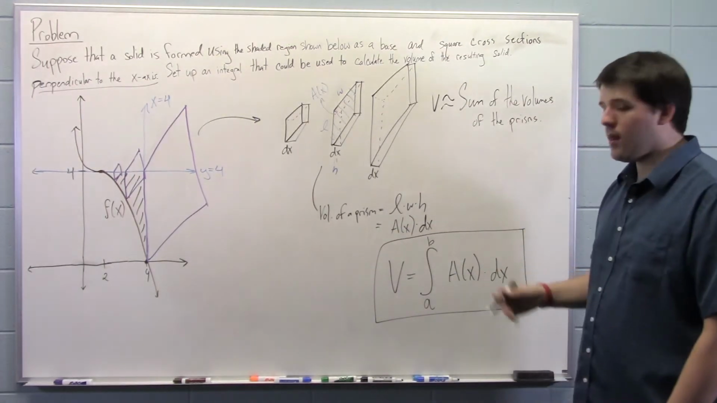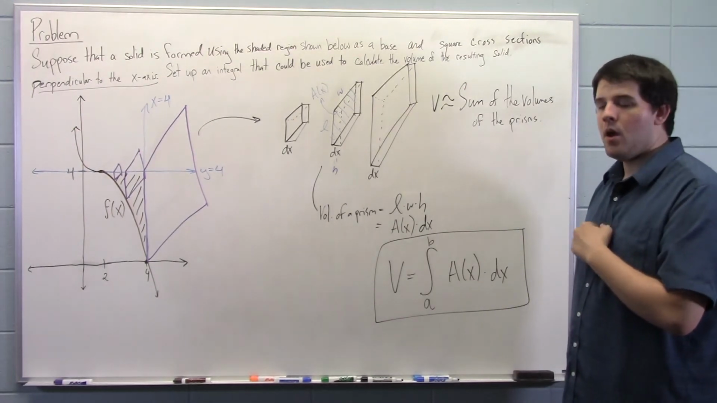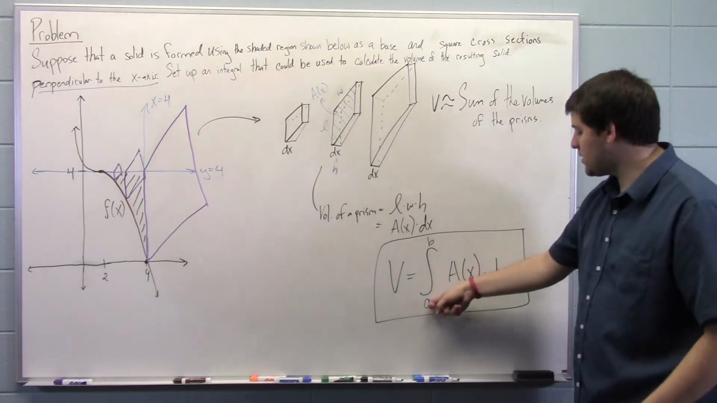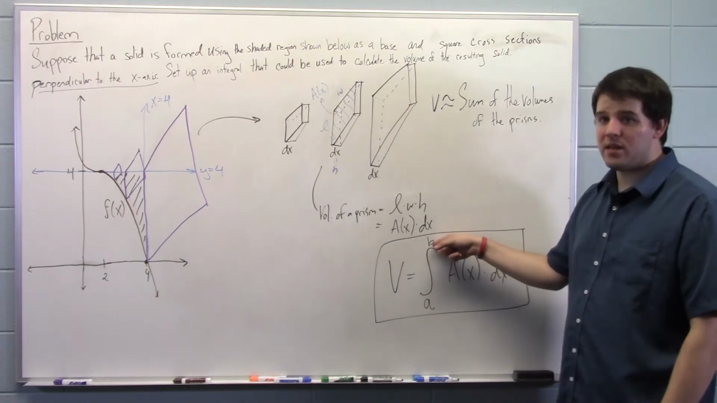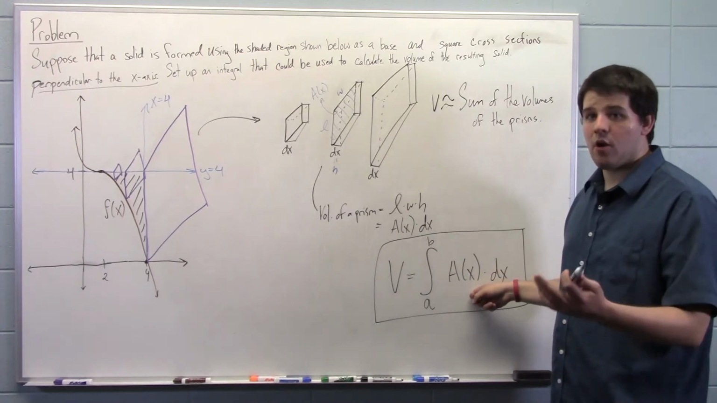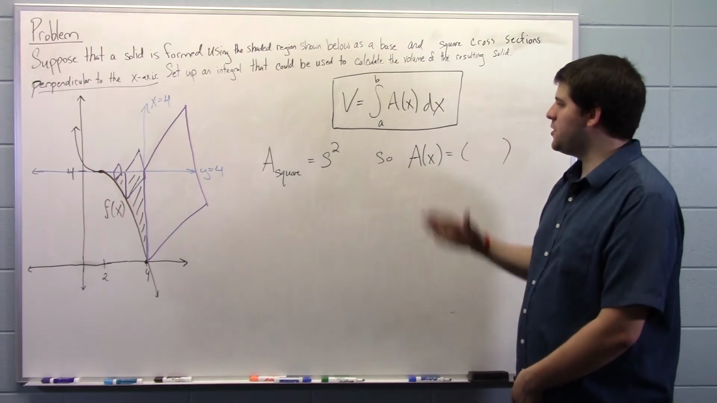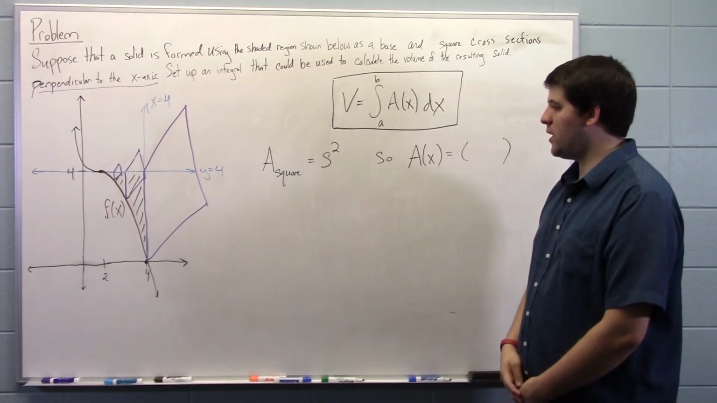And this formula is what will allow us to calculate the exact volume of this region. All we have to do is plug in what is our a in our situation, what is our b in our situation, and what is the function that will give you the area of our cross-sections. Okay, so now all we need to do is use this formula in order to find the volume of this